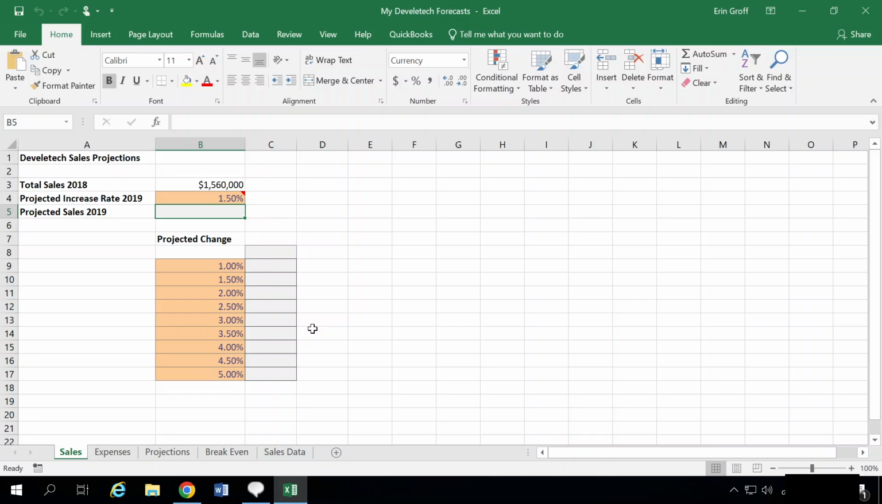Number 2, we're going to create a one variable data table to calculate the projected change in sales. We want to make sure that we're on our Sales Worksheet tab and that B5 is selected. And the formula we're going to enter here is going to take the projected sales for 2019. So we're going to multiply B3 by the increase of 1.5%, and we're going to add that to the sales of 2018. So that's going to be equals B3